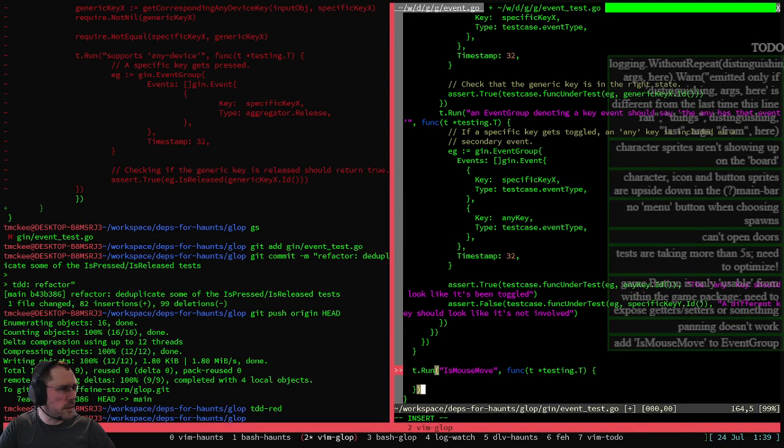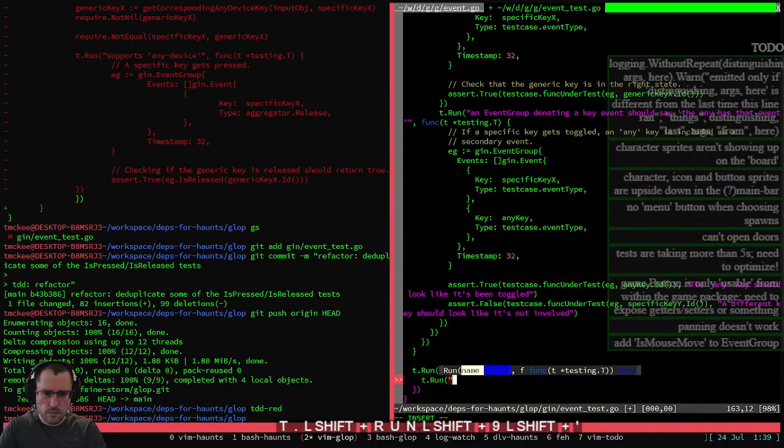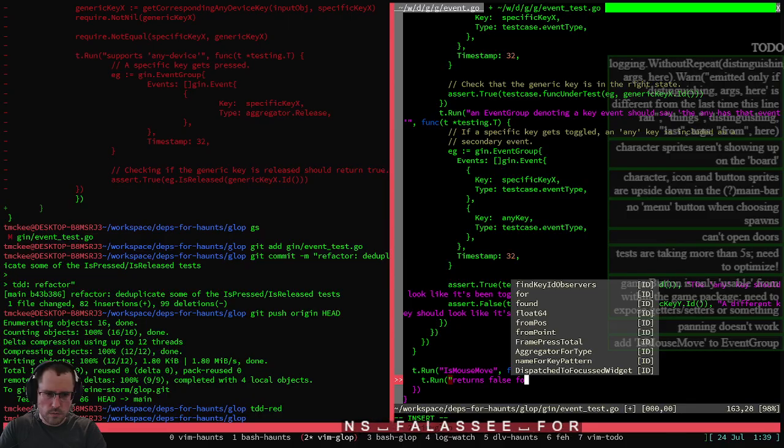There might be something at the end. Stinger. We'll see. Is mouse move. So returns false for